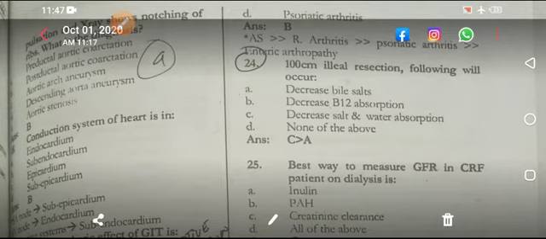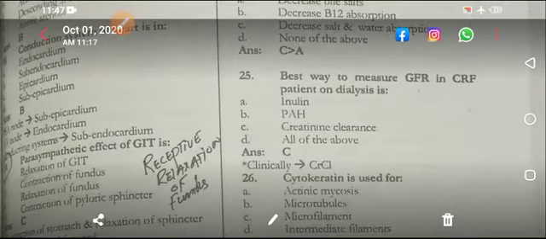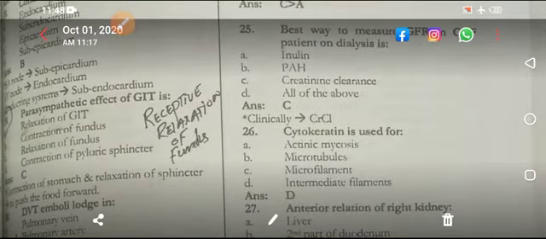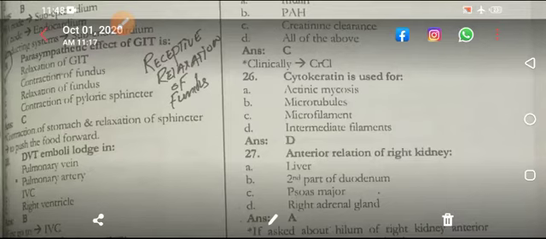बेस्ट वे टू मेजर GFR वो क्रेटिनिन क्लियरेंस है, लेकिन क्लिनिकली आपका क्रेटिनिन क्लियरेंस है। GFR is measured by, तो आपका फिर इन्यूलिन आएगा, measured by। GFR is estimated by, एस्टिमेट का मतलब है अंदाज़ा लगाना, तो अंदाज़ा तो क्रेटिनिन क्लियरेंस से लगाया जाता है, इन्यूलिन तो एग्जैक्ट वैल्यू आपको देगी। क्लिनिकली क्लियरेंस।